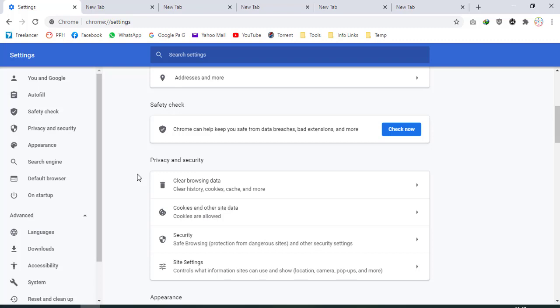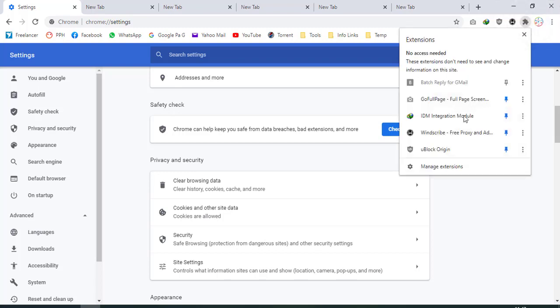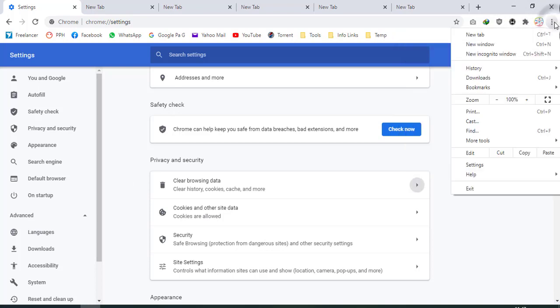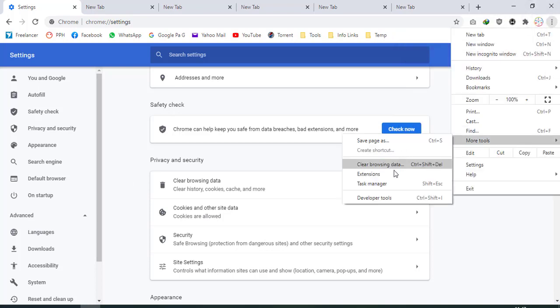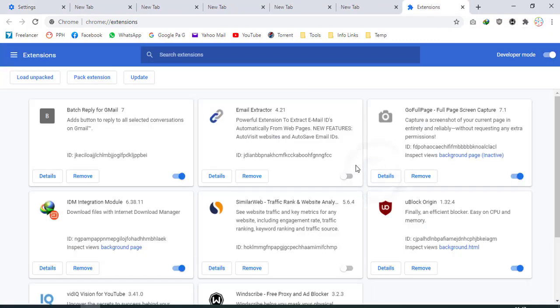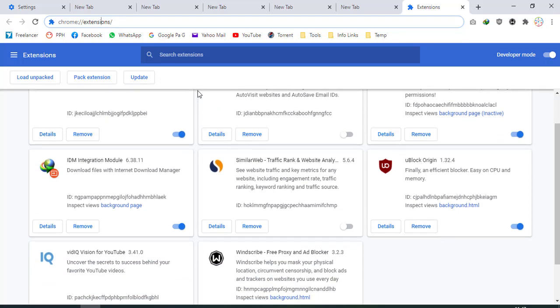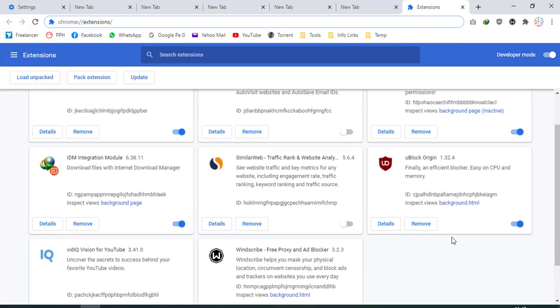To open the extensions, you can simply click the three dots, or you can open extensions from this icon, but I'm going to open through three dots, more tools, extensions, and from here I can disable any extension, or I can also enter the address in the address bar to open this page. For example, here is the email extractor extension.